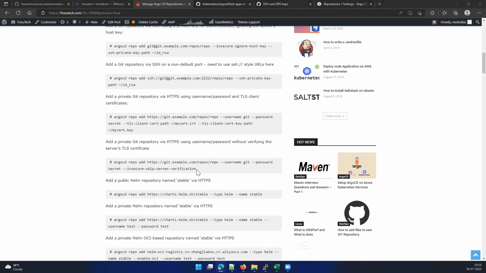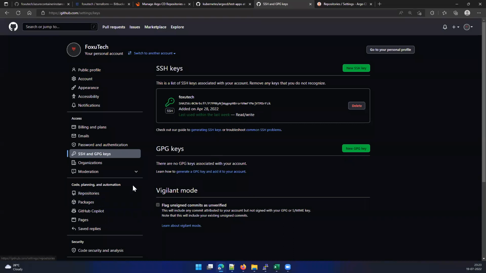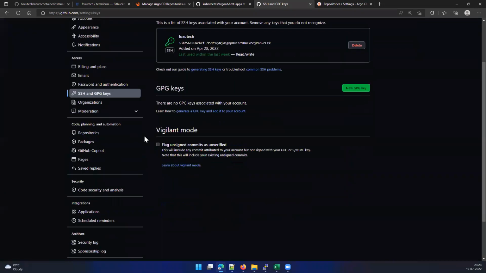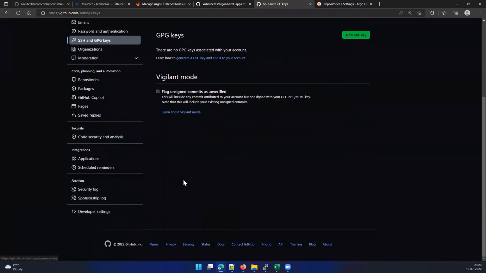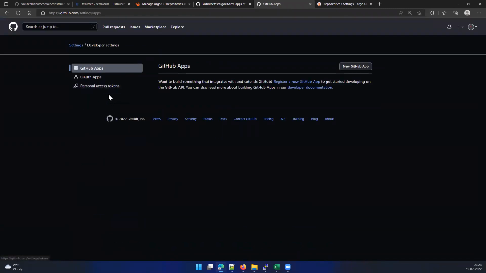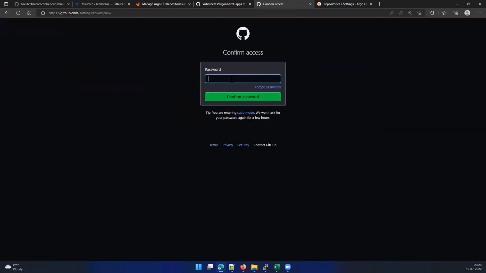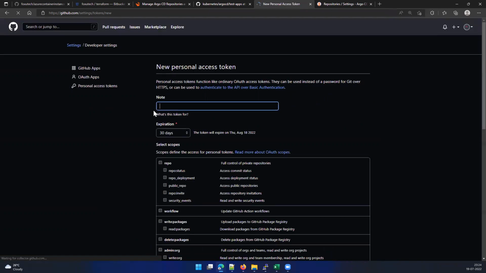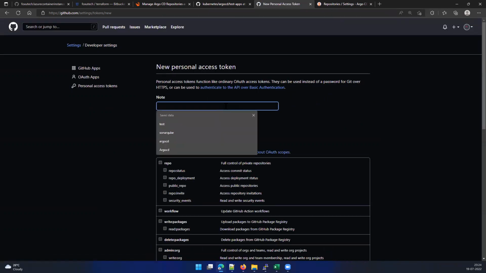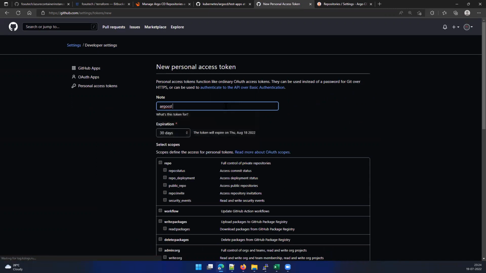All right, so next let's try the username and password. What I'm going to do is add the same repo again, or I will find another repo here. For that, we have to take a token. Without tokens, GitHub doesn't allow you to log in. So go to your settings, go to developer settings, and go for the personal access token, right? I'm going to create a new token here. Before that, it's asking me to authenticate. I have the password already set. I'm going to give the purpose, Argo CD